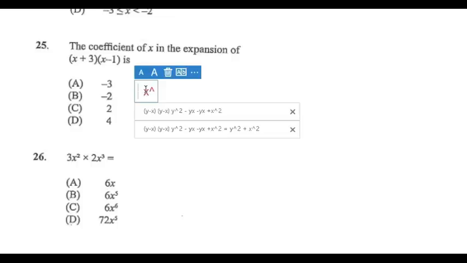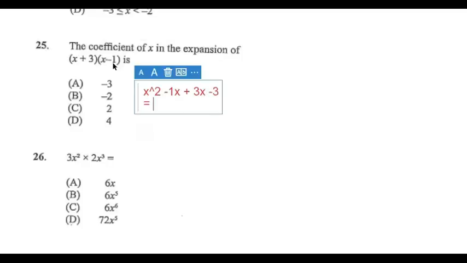So it is x multiplied by x to give us x squared, plus x times negative 1 to give us minus 1x, and then 3 times x to give us plus 3x, and then 3 times negative 1 to give us